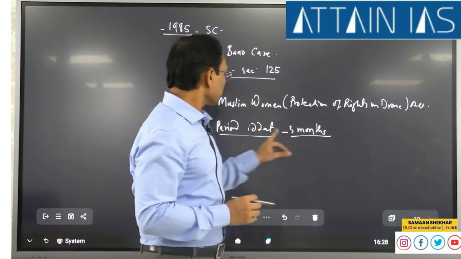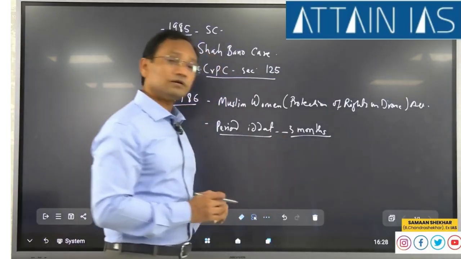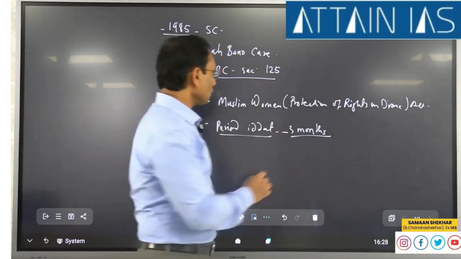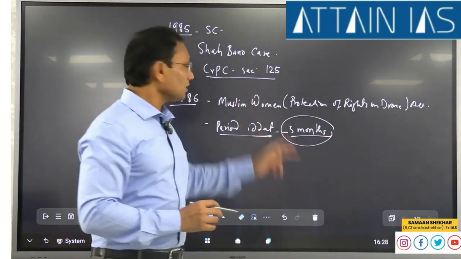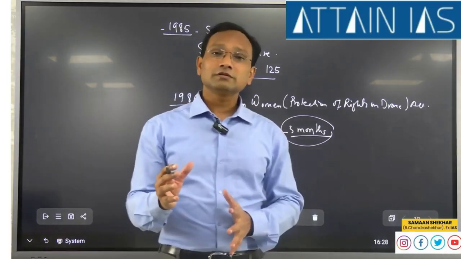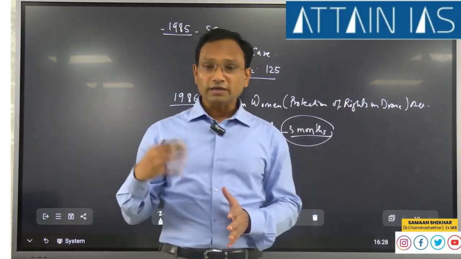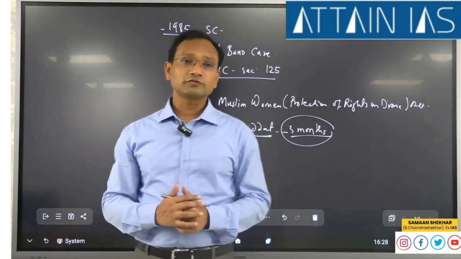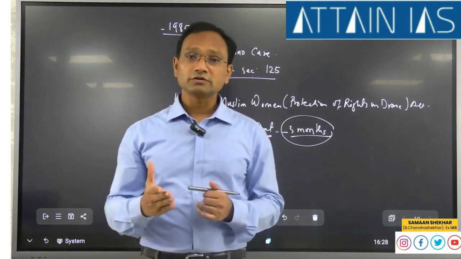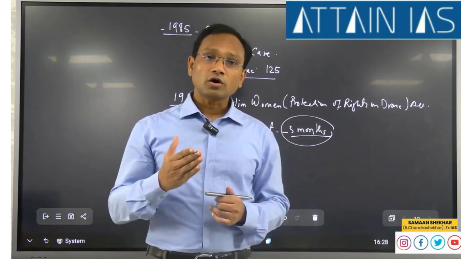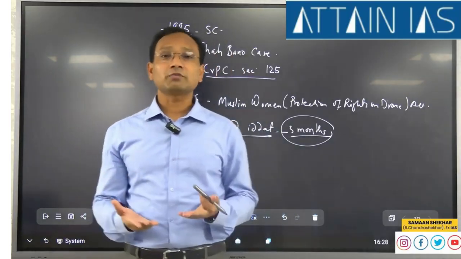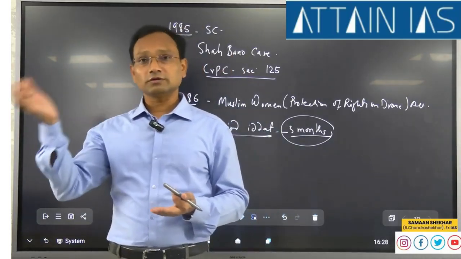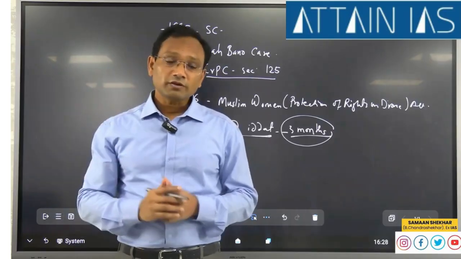And the husband is supposed to give maintenance to his divorced wife only during this period of 3 months. This is the period of iddat. This act also made a provision that after the period of iddat, the responsibility of maintaining or providing for maintenance of the divorced woman or her children would be on the relatives of the woman who are to inherit her property. And if they fail to do so, then it goes on to the Waqf board,